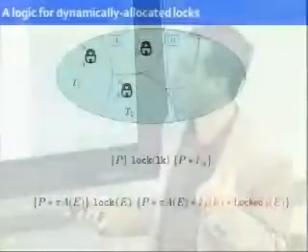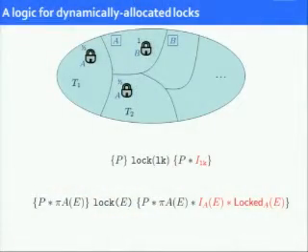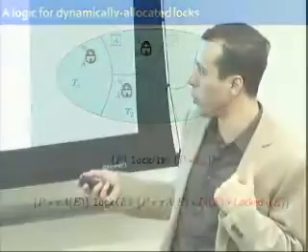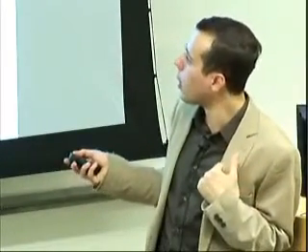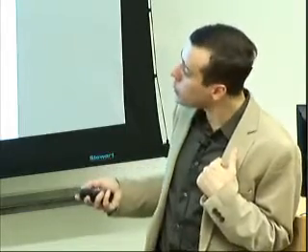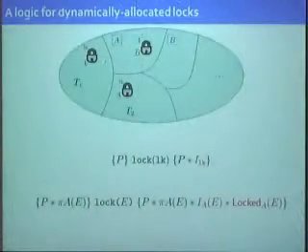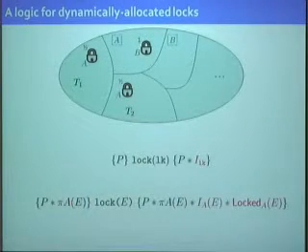Now, the way the logic will work is, for example, the concurrent separation logic's rule for the lock command basically told me that I'm conjoining the resource invariants to my local state. Now things will become just a bit more complicated. So before locking a lock at the address E in the memory, I'll have to have some kind of a permission for this lock. That is, what this says is I have a lock at the address E. I know that this lock exists. It has the name A. And by looking at this name, I can tell the invariant of this lock. And it comes with a permission pi, which is this number.